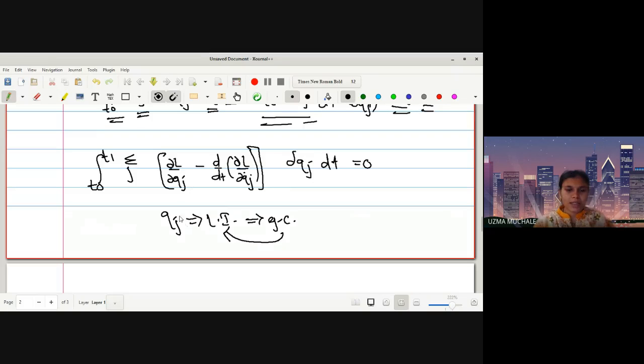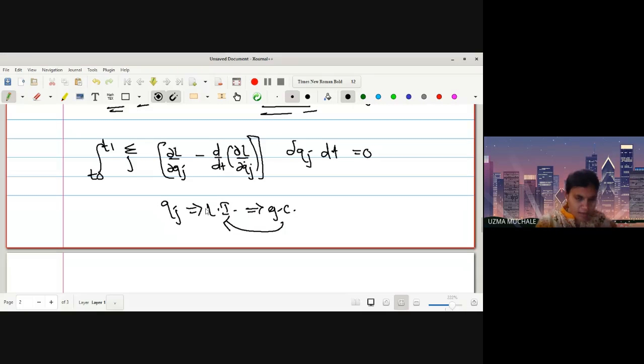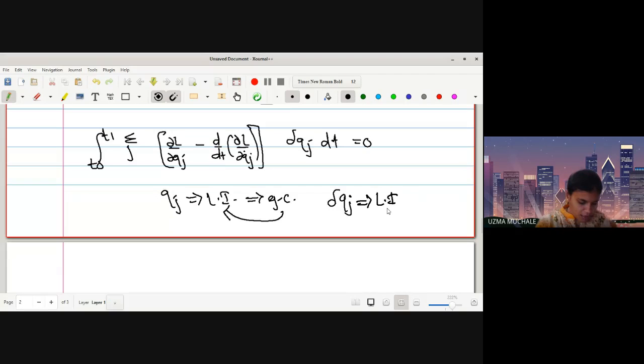In yesterday's lecture we repeated this, right? Degrees of freedom is nothing but the least possible number of linearly independent coordinates, that is a number, and this is a generalized coordinate: the least possible number of linearly independent coordinates. So Qj are linearly independent. If Qj's are linearly independent, what will be delta Qj? They are also linearly independent, and hence